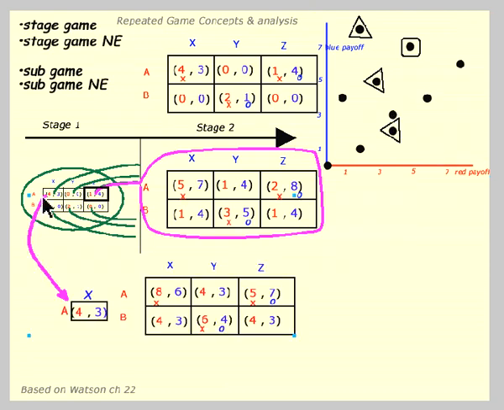If we take a 4 and a 3 in the first round, and we add on this entire matrix up here, we get an 8 and a 6. So over here we have an 8 and a 6. We can have a 5 and a 7. We got a 5 and a 7 up over there. So these black dots are just looking at the aggregate total of payoffs.